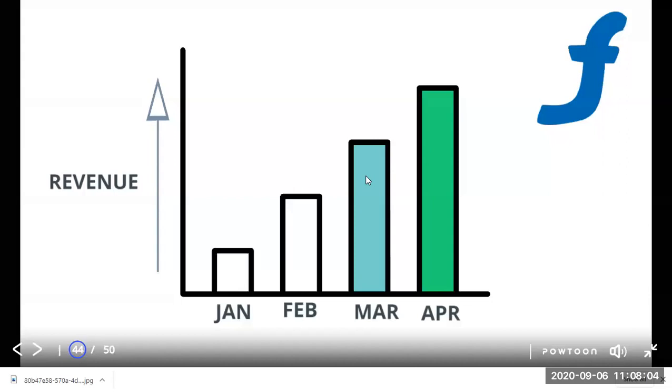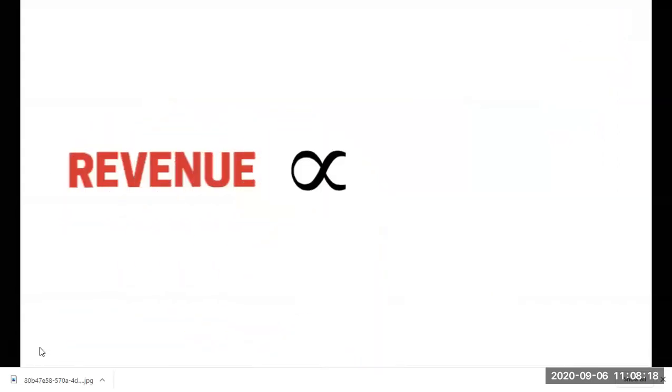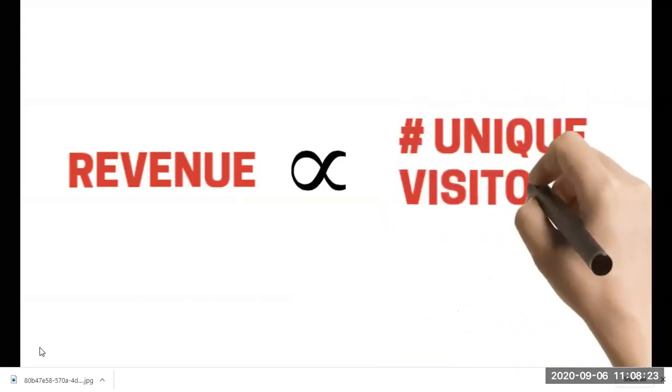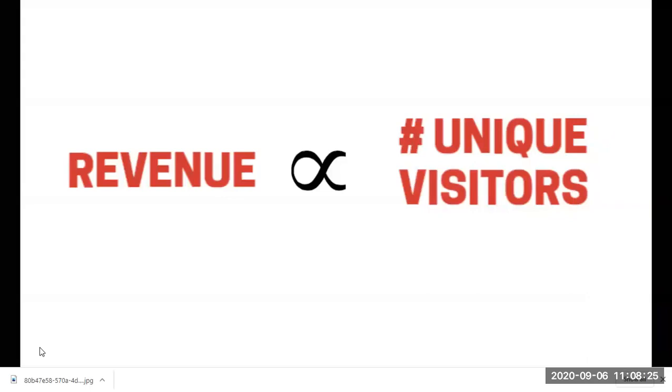They will perform some analysis. That means they'll be performing some algorithms. They'll be applying some statistics to understand what happened from March to April. At that point of time, maybe the persons like Sachin Bansal, that means right now he is not the CEO of Flipkart, but ultimately I'm just telling what they have understood is revenue is directly proportional to what? Unique visitors. That means if a new visitor is visiting Flipkart, revenue will be increased.